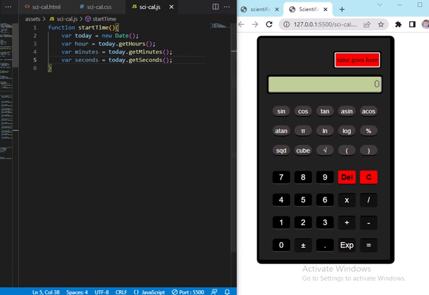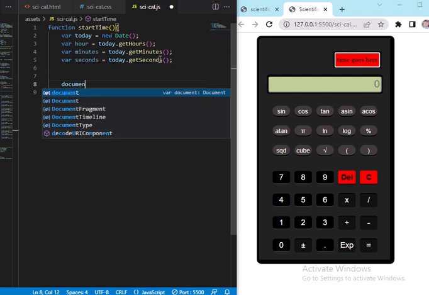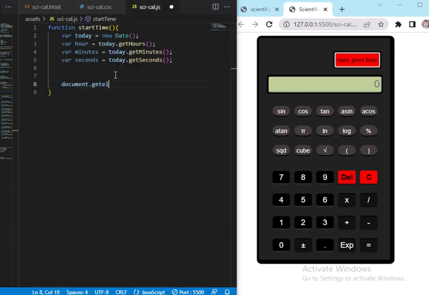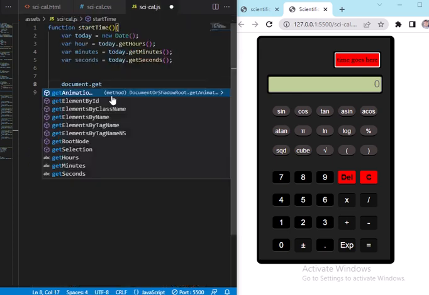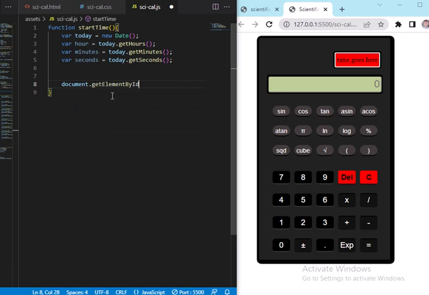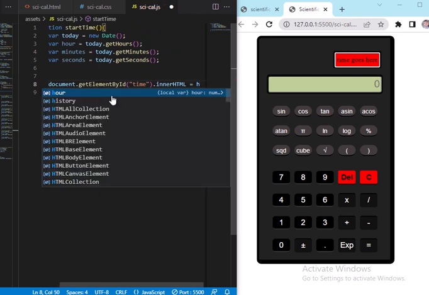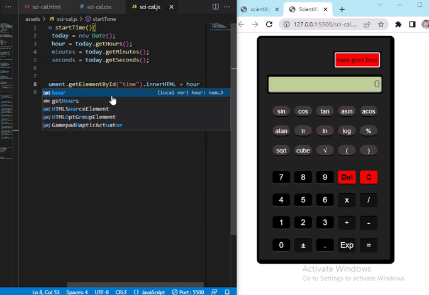We've not output anything, but I'm going to show you a little of it. To see something, we can test it out by saying document.getElementById. Remember, this is where we want to display the time, so the ID here is time. So we put the ID time, then .innerHTML equal to hour, something like this. If we save the changes,